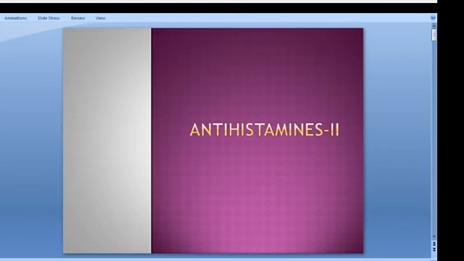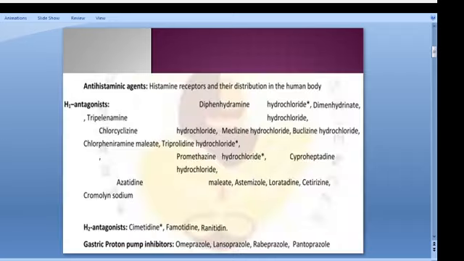Generally, in the last class yesterday we have seen the various classification and common SAR, and all we have discussed. Today we are going to discuss what you want to study as per your syllabus, that is antihistaminic drugs. Antihistamine receptors we have already studied. Then for H1 receptors we have to study diphenhydramine hydrochloride and dimenhydrinate,